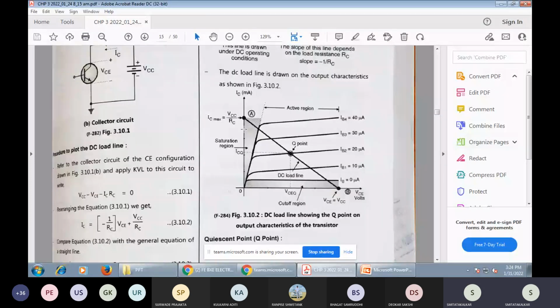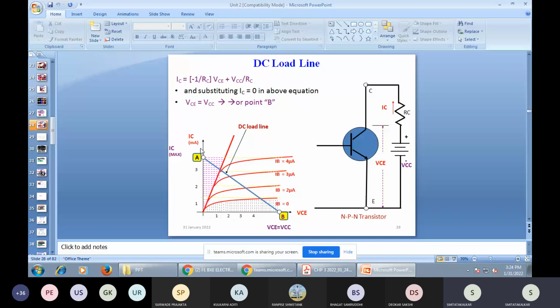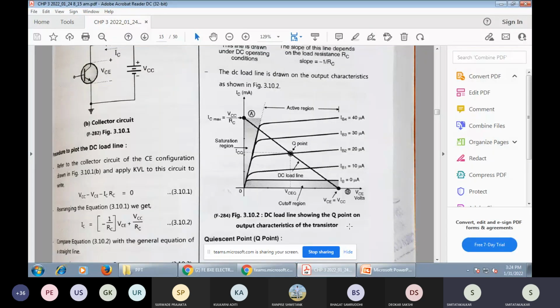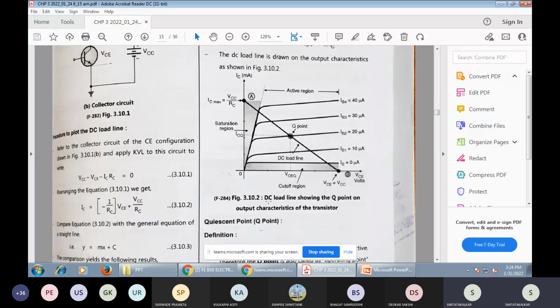You note a point A. If voltage is 0, then current is maximum. And at B, current is 0, output voltage is maximum. That's why in a DC load line, if the IC current goes to saturation,